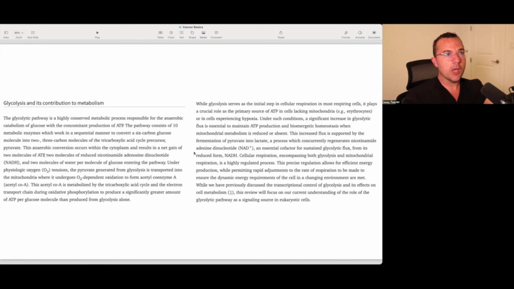Cellular respiration encompassing both glycolysis and mitochondrial respiration is a highly regulated process. This precise regulation allows for efficient energy production while permitting rapid adjustments to the rate of respiration to be made to ensure that dynamic energy requirements of the cell in a changing environment are met. While we have predominantly discussed the transcriptional role of glycolysis and its effects on cell metabolism, this review will focus on our current understandings of the role of the glycolytic pathway as a signaling source in eukaryotic cells, which again is us. So I'm going to stop there because I think it's plenty of meat to chew on during this basic